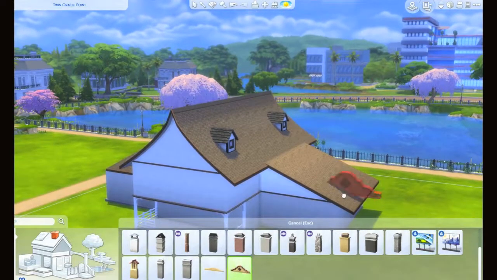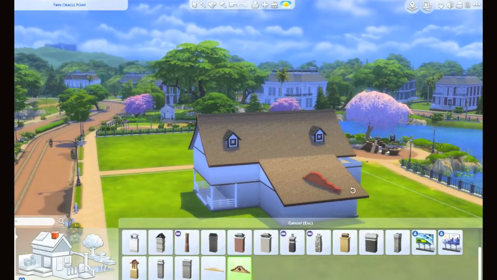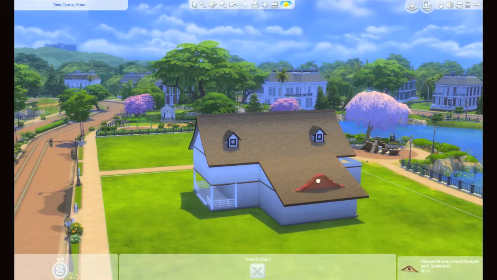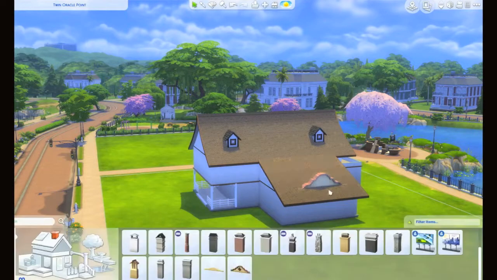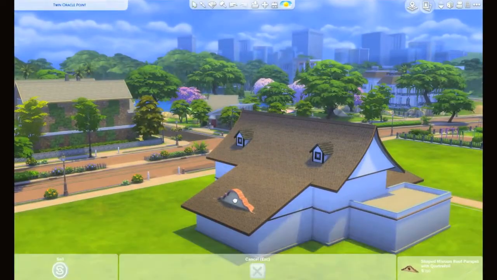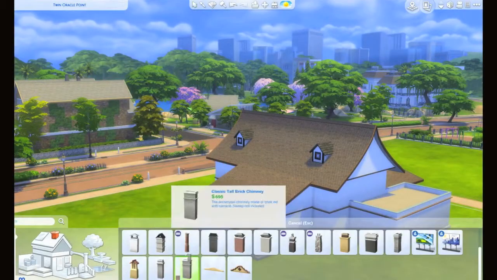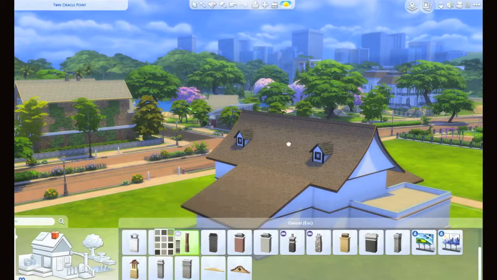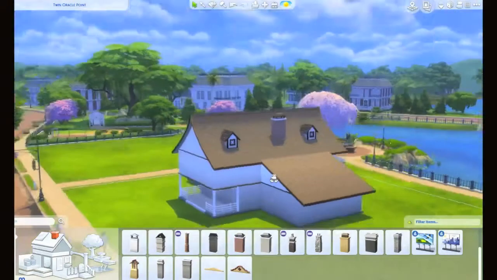And we've also got more Spanish looking wall decorations that you can put on your roofs. So we'll add in a nice chimney. I'll get a bigger one than that. So add one there,